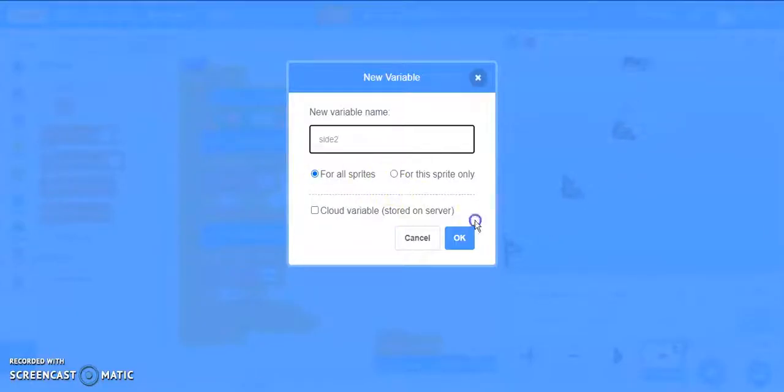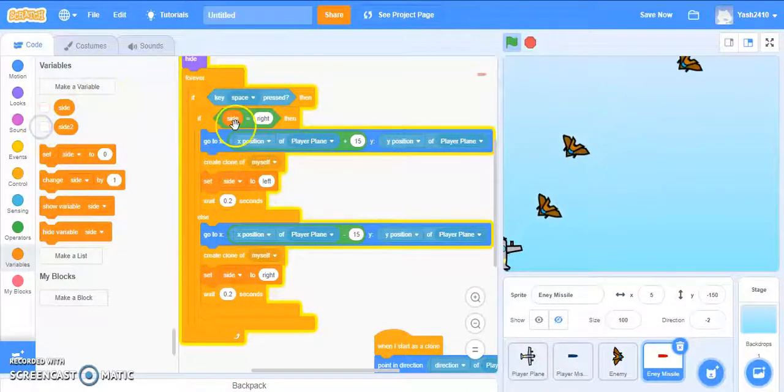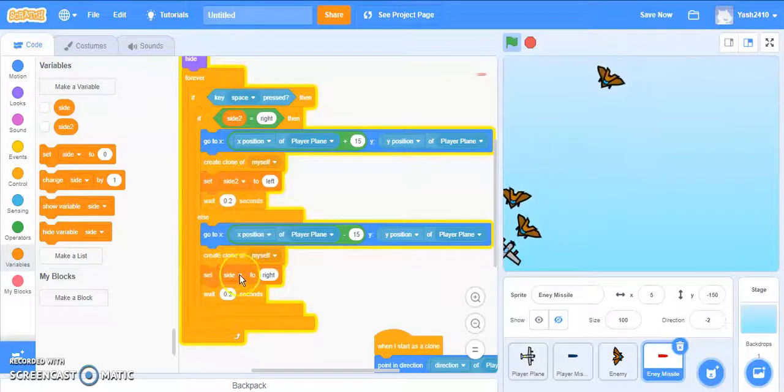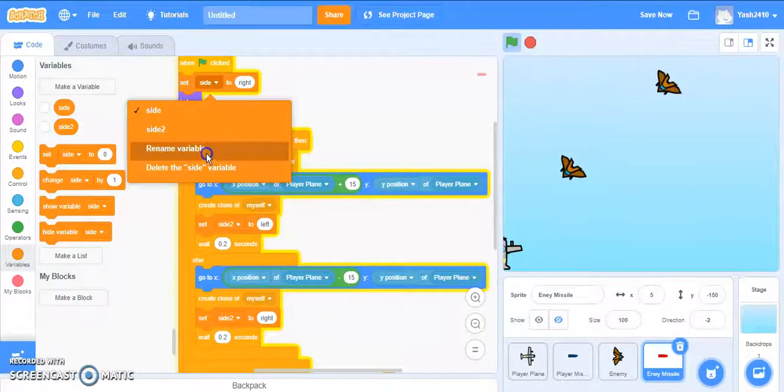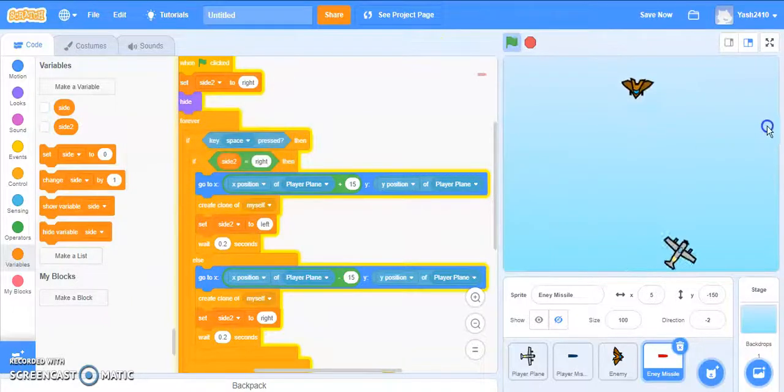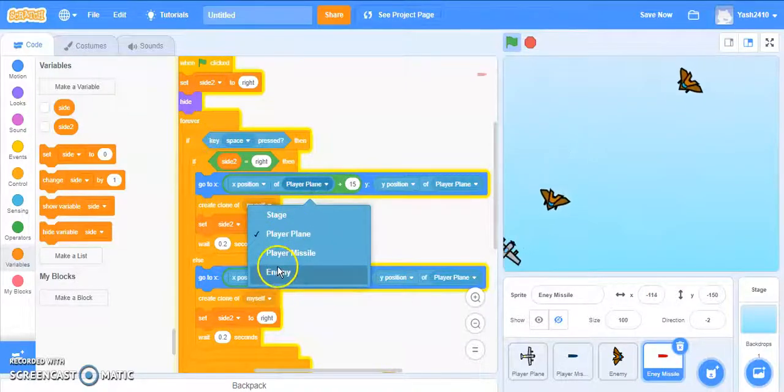Let's call it side 2. And I'll replace all of these with side 2 because we don't want these to interfere with our player shooting. So now it won't interfere with our player shooting. But right now we want it to go to our enemy,